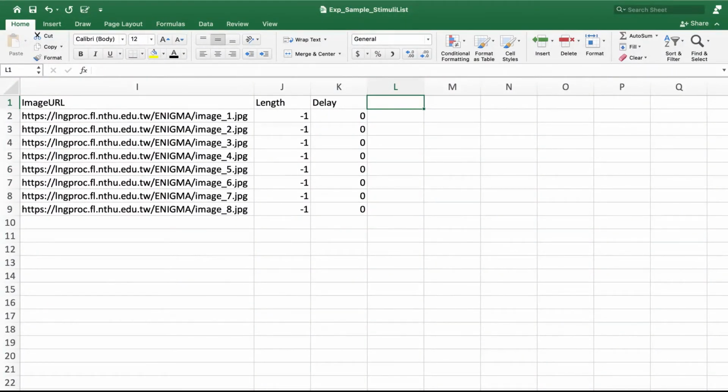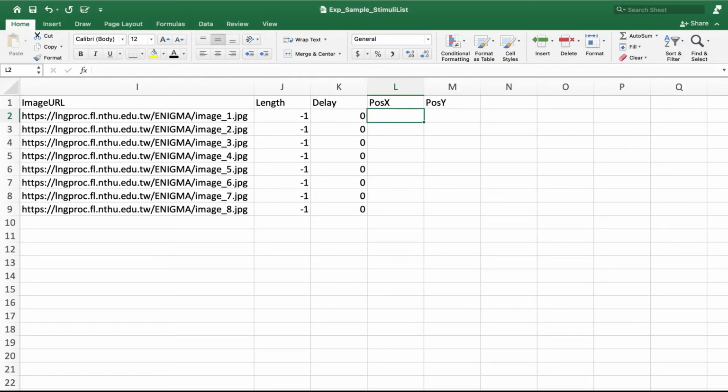The final optional columns you may include are position X and position Y. By including these 2 columns, it is possible to have a variable horizontal or vertical position of a visual stimulus in different trials. This column must include numeric values between -10,000 and 10,000. The number here means the proportion to the stimulus' own width or height.